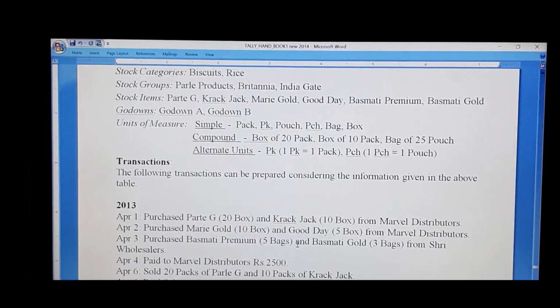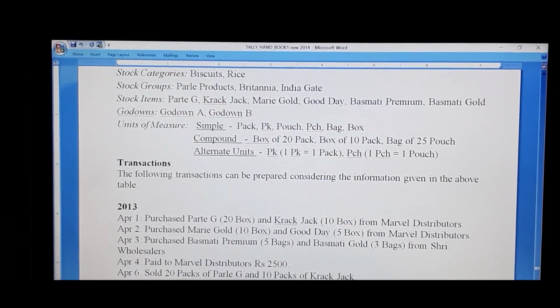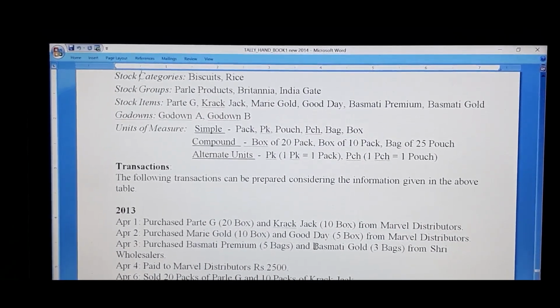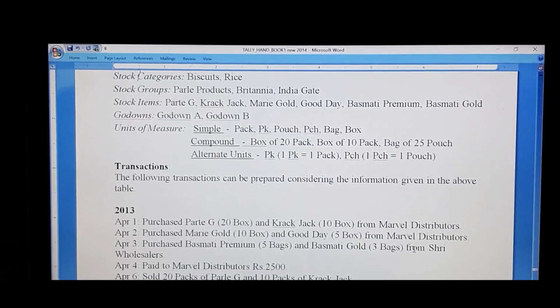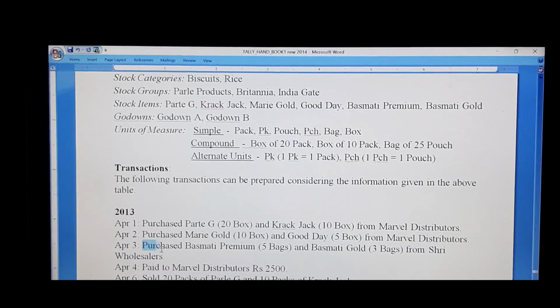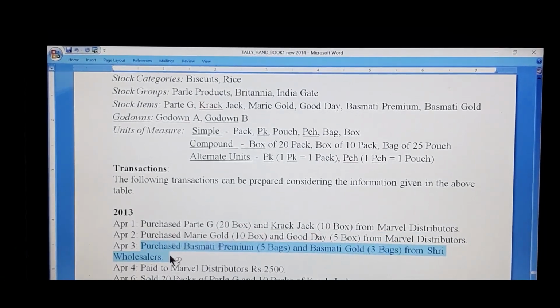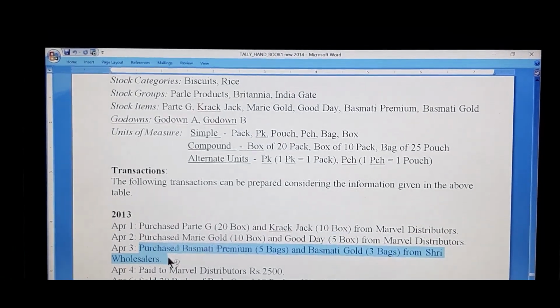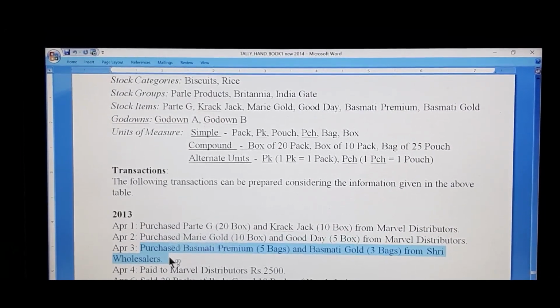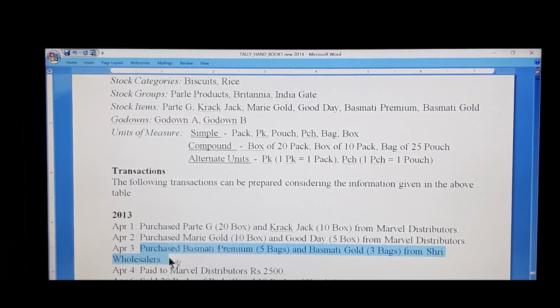Next transaction, 3rd of April, purchased Basmati Premium 5 bags and Basmati Gold 3 bags from Shri Wholesalers. This particular transaction has to be recorded under purchase voucher. From this transaction onwards, we are skipping the date while recording in Tally.